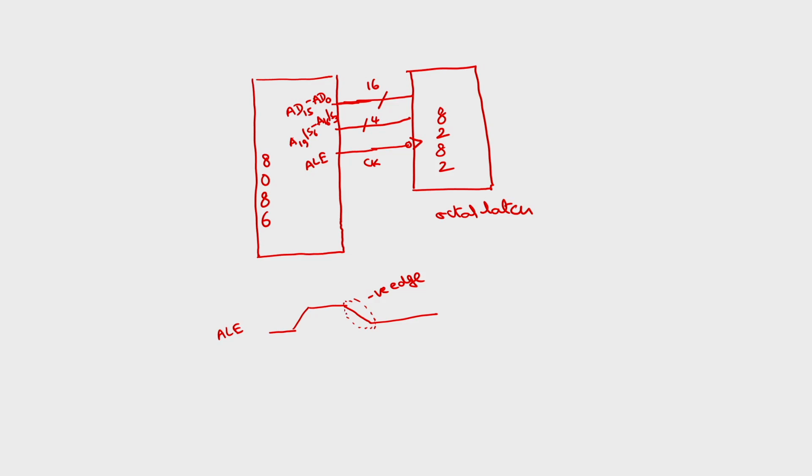This happens in the T1 state. At that time the multiplexed buses carry the address information. So the output will be A15 to A0 and A16 to A19. This total of 20 bits of the address bus is latched onto the output. This output will be there until the next clock cycle, where the address latch enable goes from high to low.